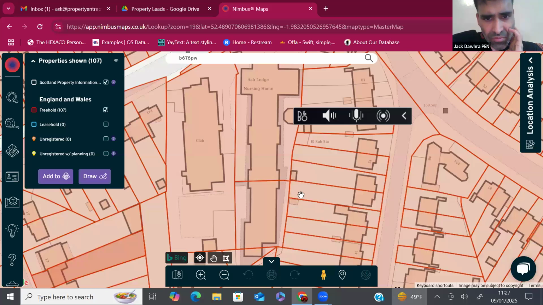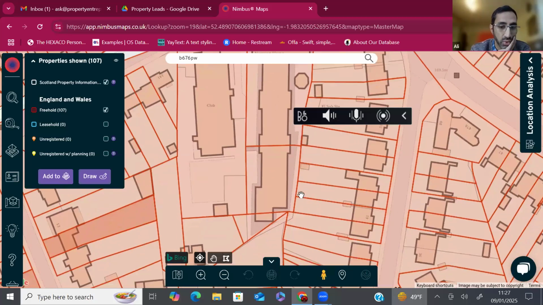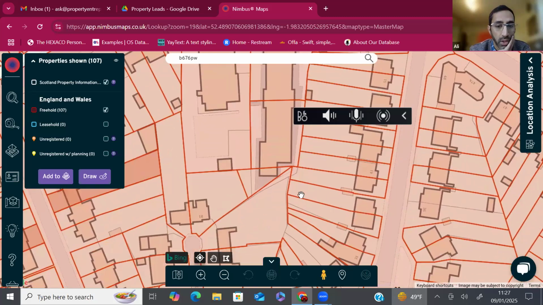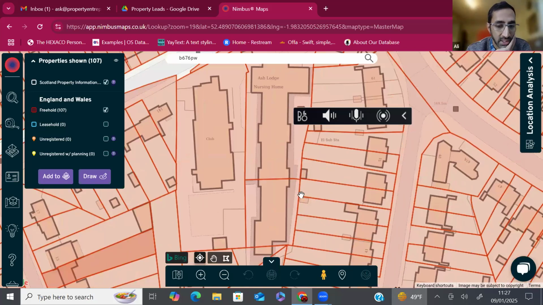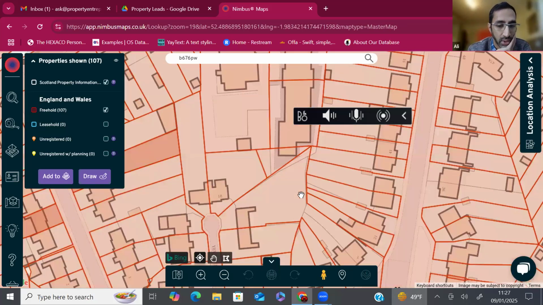He sold it to the nursing home. So he actually had access to the plot from the back before, but he sold the land to the nursing home, so that got closed off. So the only access, if you have a look, is in between the houses now.